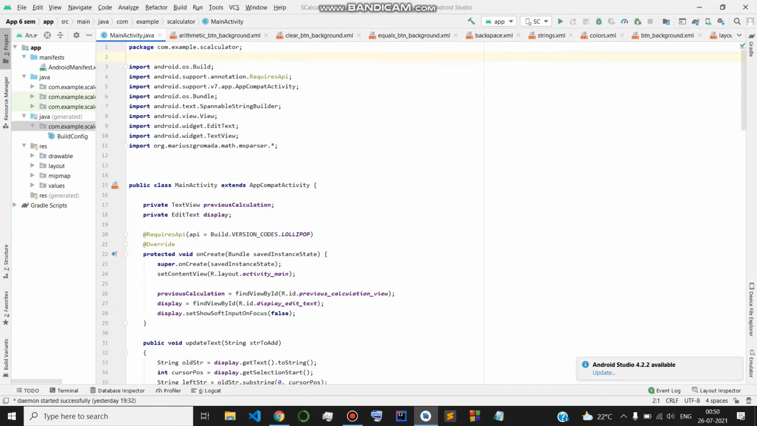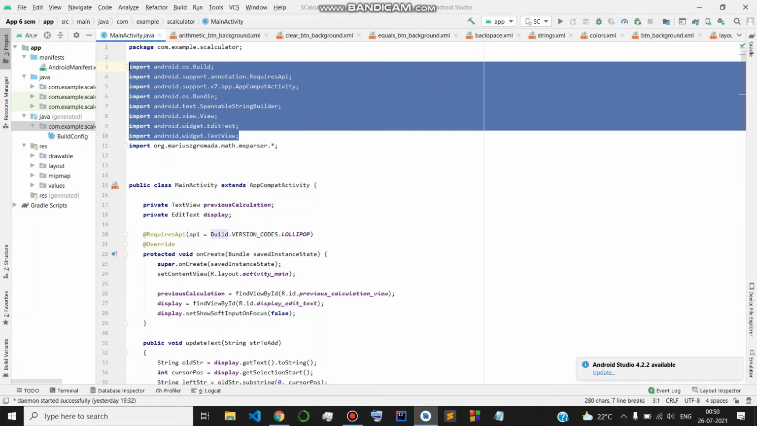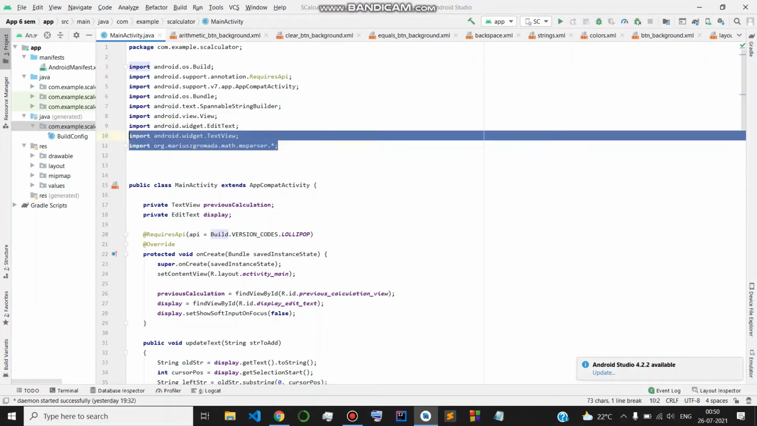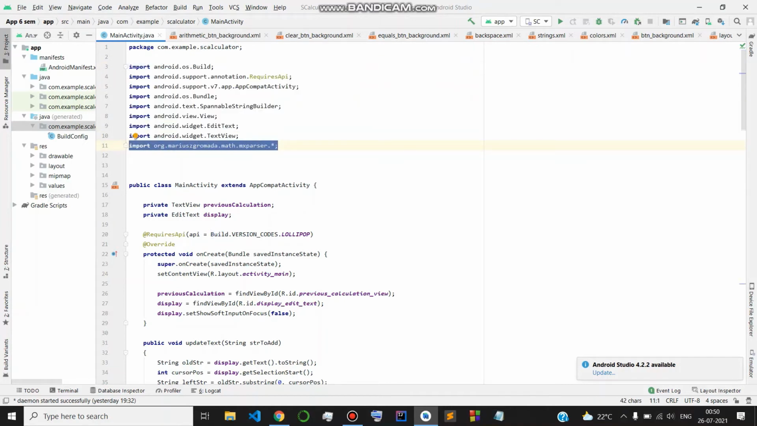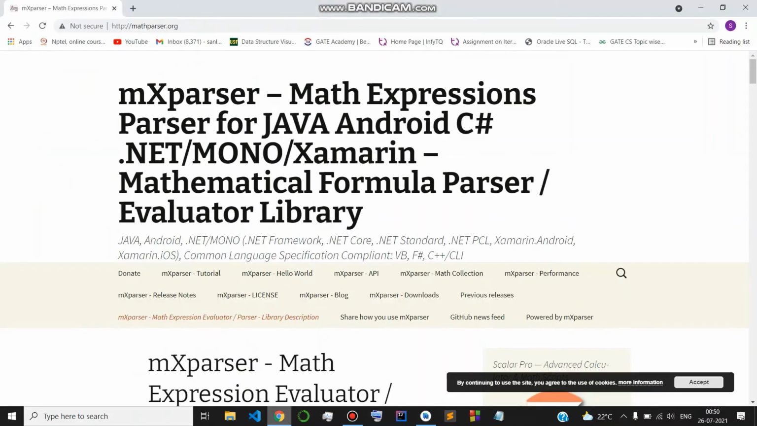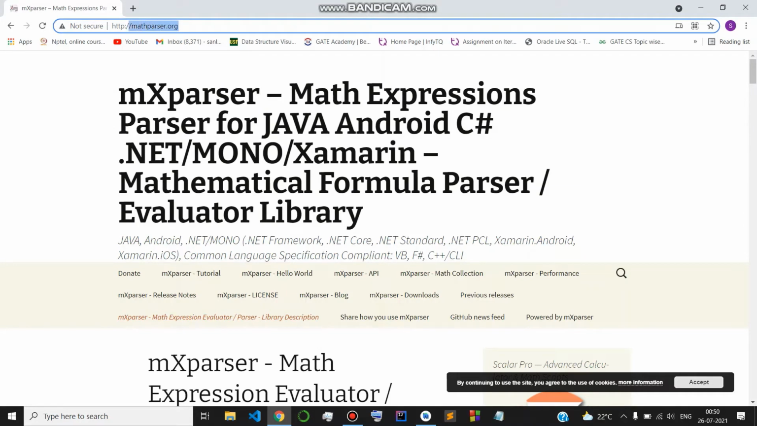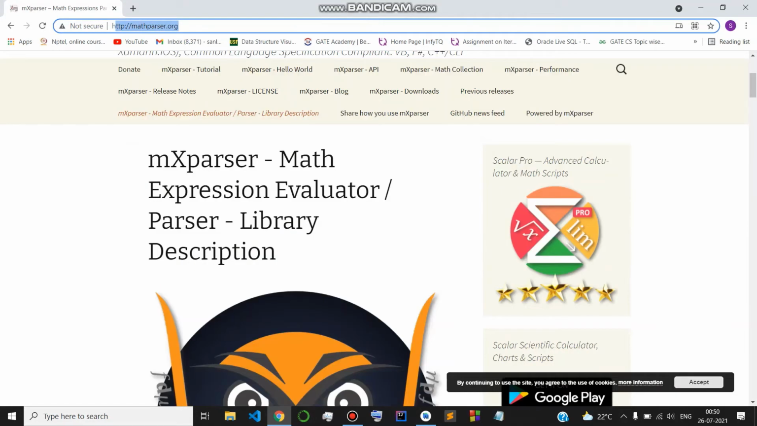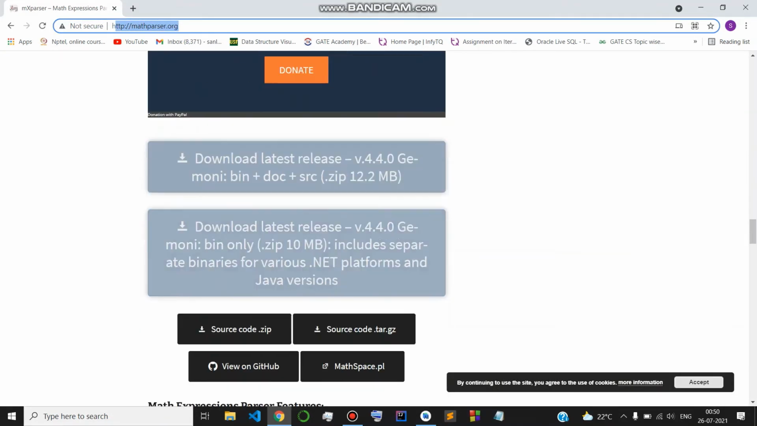So this is our MainActivity.java file, and we are inside our package scientificcalculator. These are the default imports which were made, and the last import for the mXparser is the manual import. And to make this manual import work in our main activity file, what we have to do is go to the website mathparser.org, and then slide down a little and download this